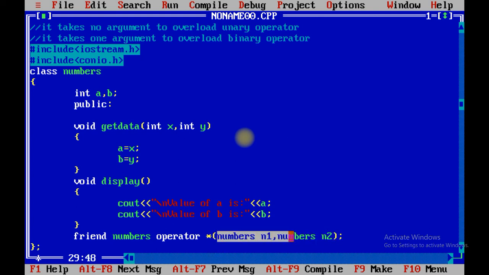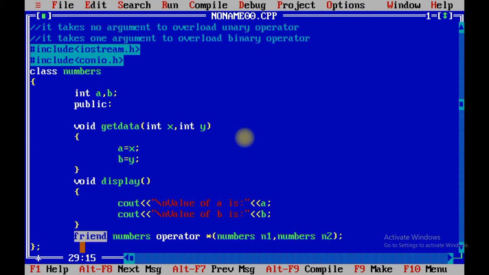So this particular program is referred to as the overloading of a binary operator. We have overloaded the multiplication sign over here, and number is the name of the class, and it is the return type of this particular function. So we are going to return the object, and as we have taken two objects over here, we have used the friend keyword.